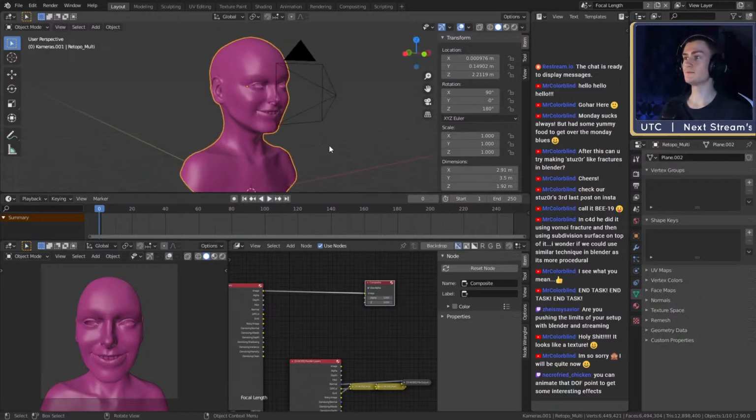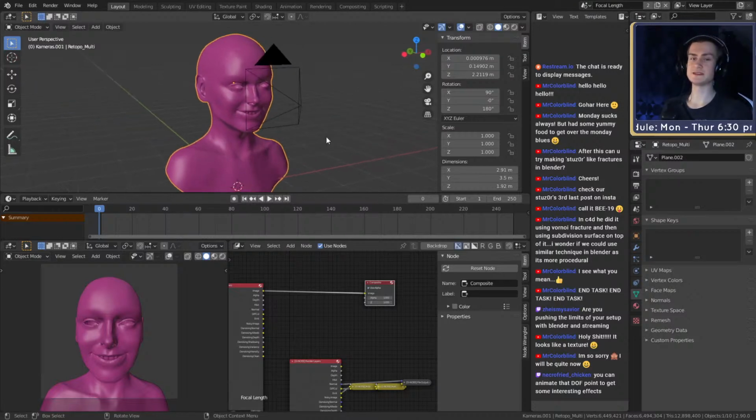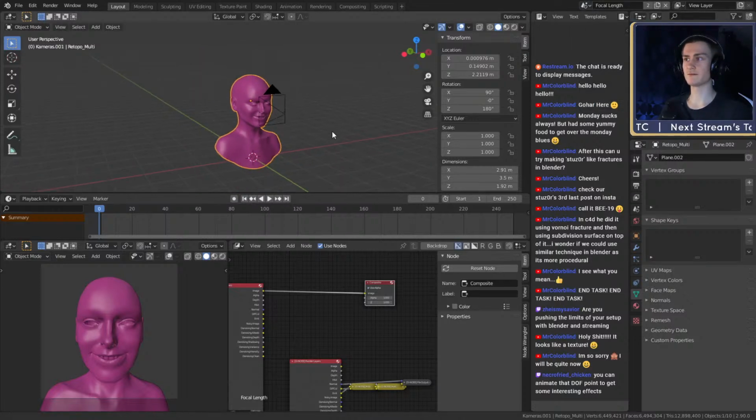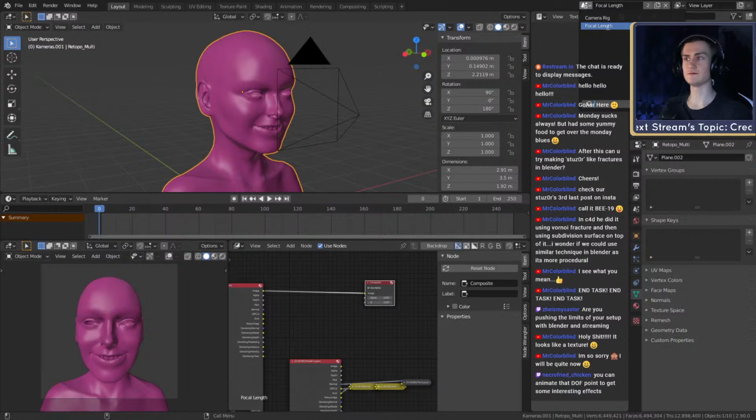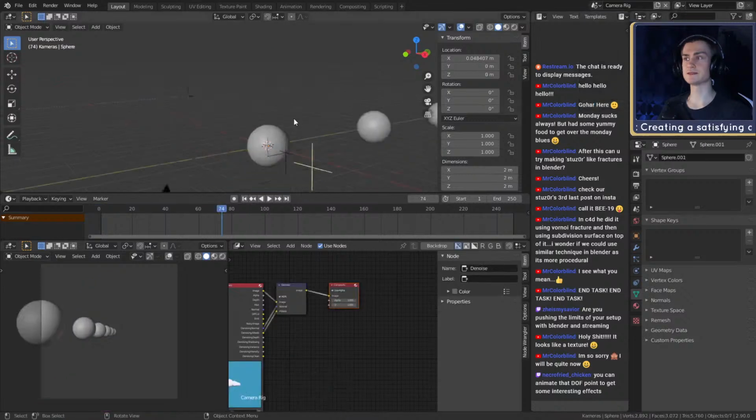What I usually do is make a second scene, call the first one character, and call the second one, for example, hair cards. And in the second one, you can set up your hair cards, and then just switch back to your character and work with these hair cards on your character. This way you can have basically multiple Blender projects in one, very easily sorted. For example, in this one, I have one scene with a focal length comparison basically, and the other one is the camera rig.